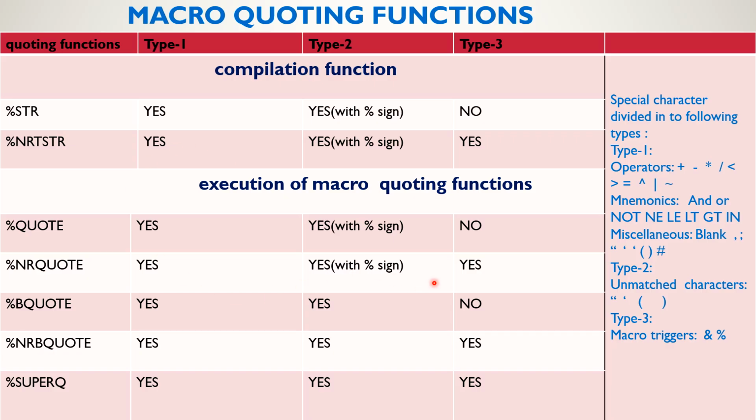Okay, %bquote and %nrbquote are also the same. Okay, but the only difference is that here there is no need to use the percent symbol for type 2. Okay, then %superq is also the same, it will mask all types. %nrbquote also will mask all types. Okay,